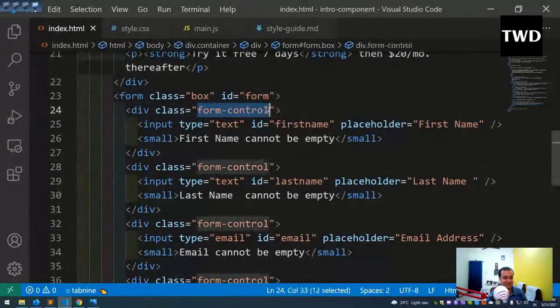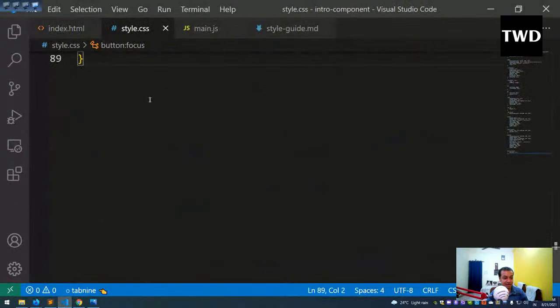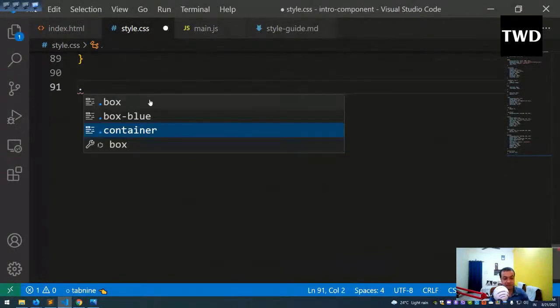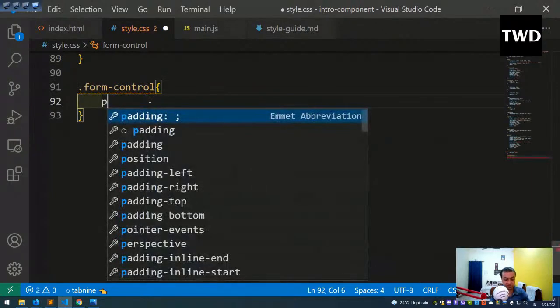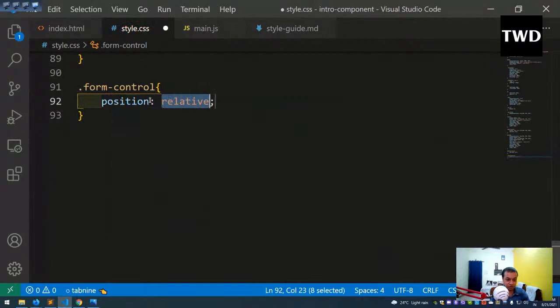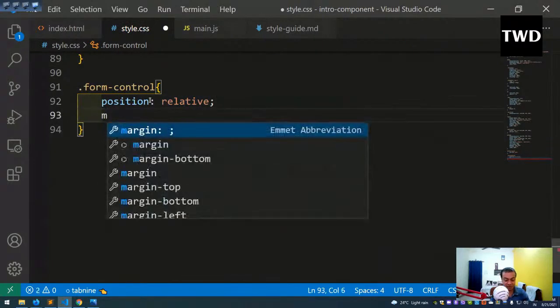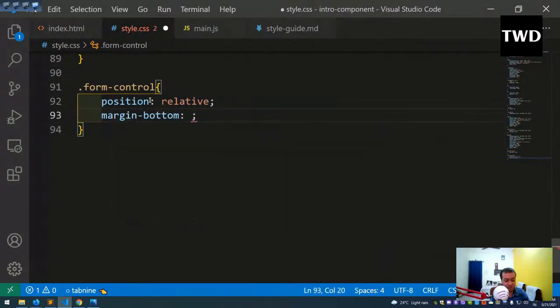Form control is there. Actually it will all come from the JavaScript later on, but we have just kept that for the placeholder. Form control is position; we have to do it through absolute only. Most of the things in CSS today are done by absolute, because it is sometimes very difficult to move something. So position relative,